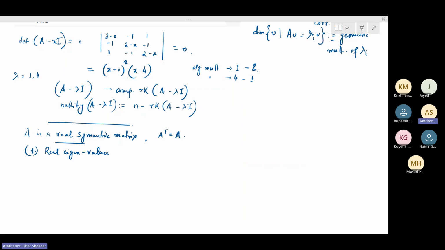Yeah, sorry. So this always has real eigenvalues. The second point is that the eigenspaces are always mutually orthogonal,